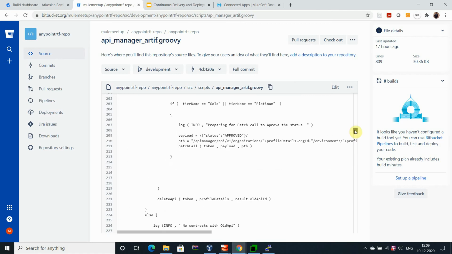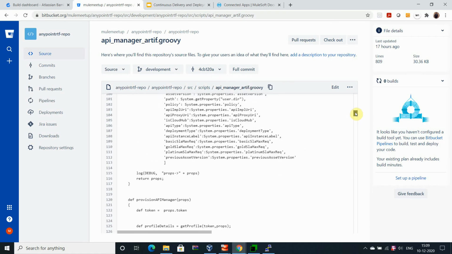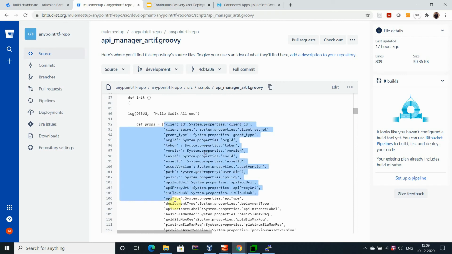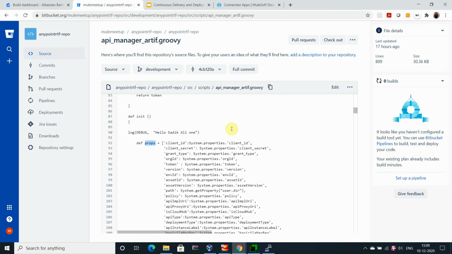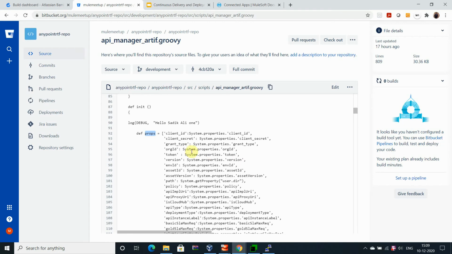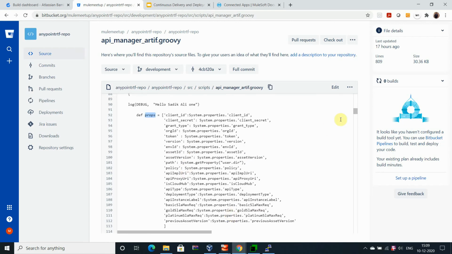What is init? It will load all the properties and create variables in the application that I can use anywhere to access the values and perform the operations.